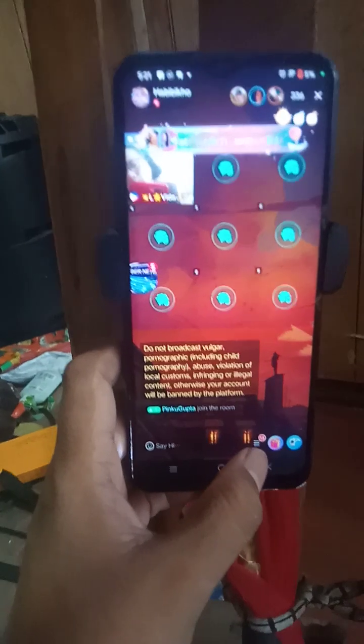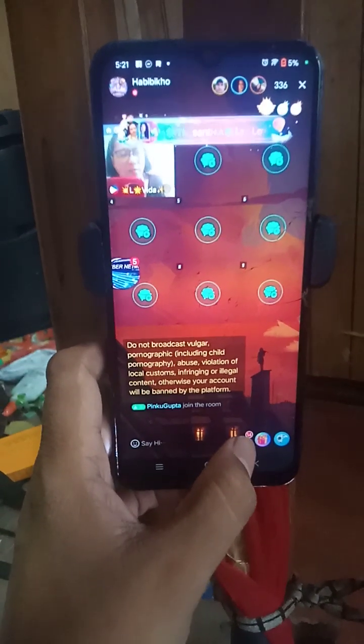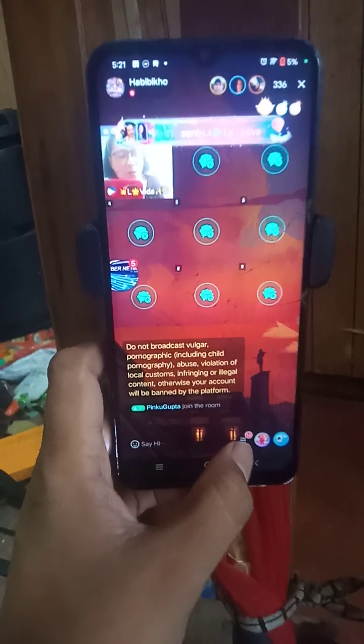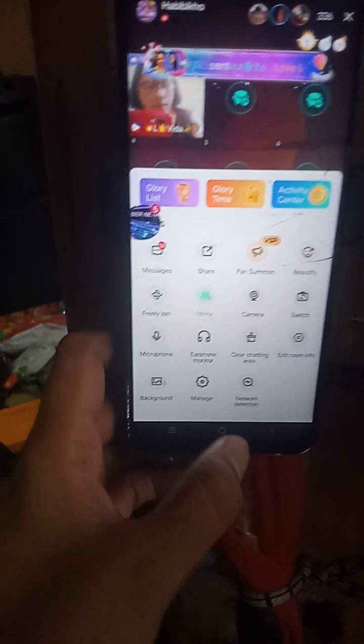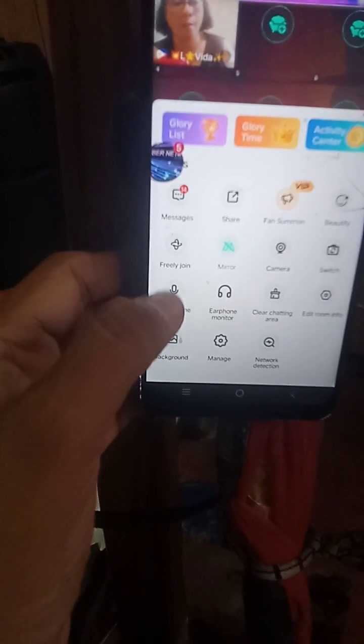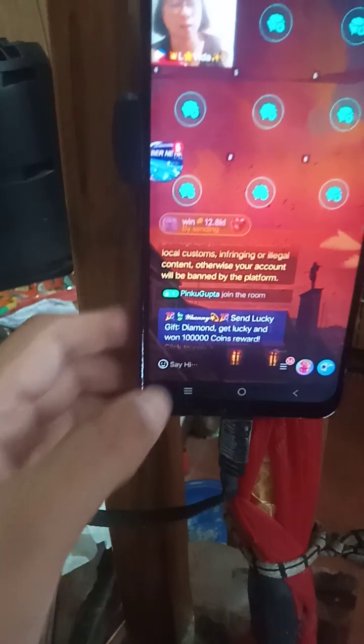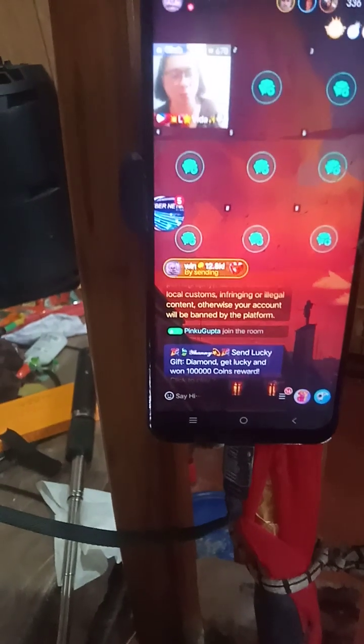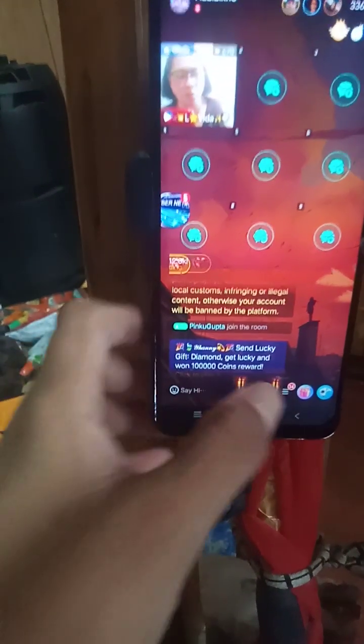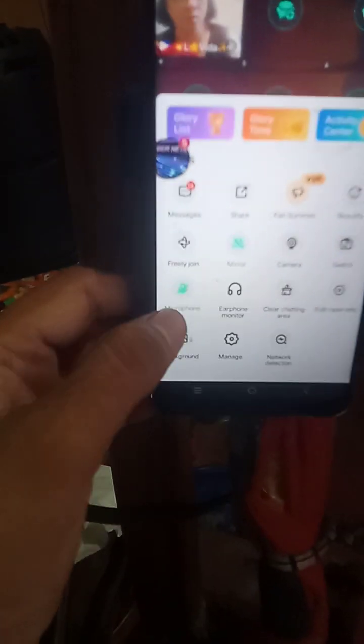There are 3 dots, I mean 3 lines below. Just click that one and look for the microphone and click it, so they cannot hear you anymore. But if you want to talk again on your live, you just turn it on and remove that one.